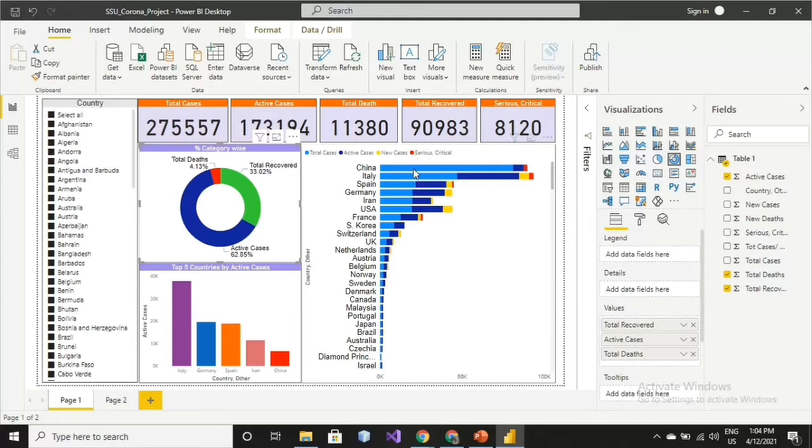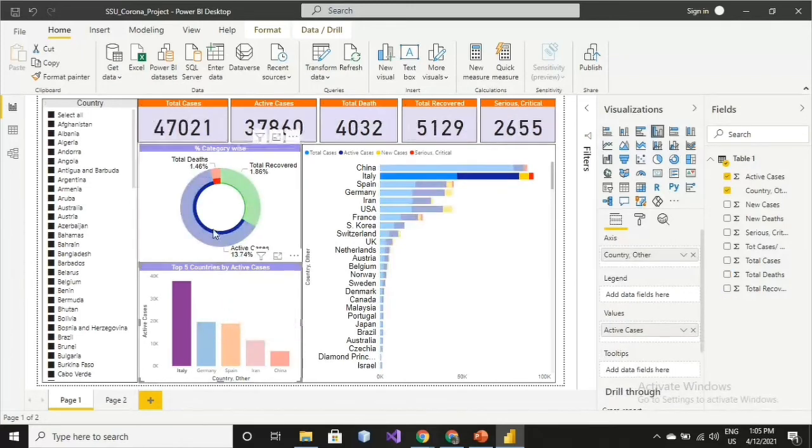Also the data has been differentiated using different colors, as you can see in the visualization. And below that we have the top 5 countries by active cases. Here we have used a stacked column chart. If we select a particular country, the data related to that country will be highlighted.